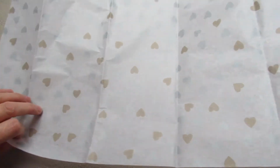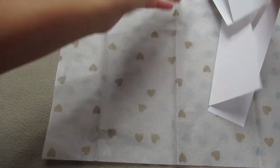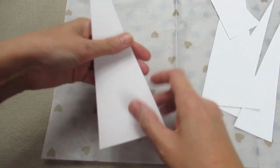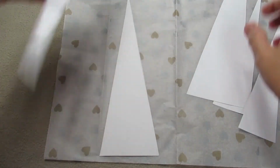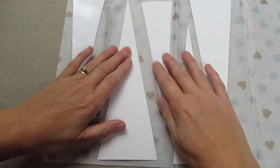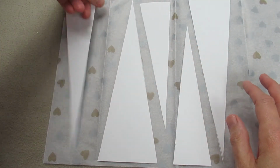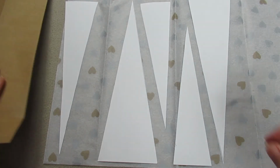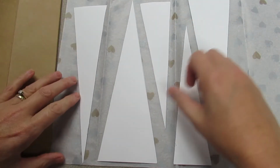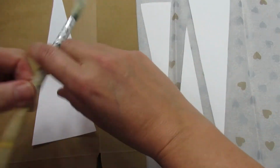So what I'm going to do, I'm going to open it out, and I'm going to lay it where I'm going to put my Christmas trees, just so I don't waste this beautiful paper because I absolutely adore it. So what I'm going to do there is that I'm going to glue them down. So we'll start with this one. So this is what I'm going to show you, and all you need to do,